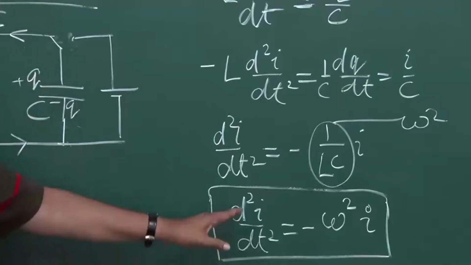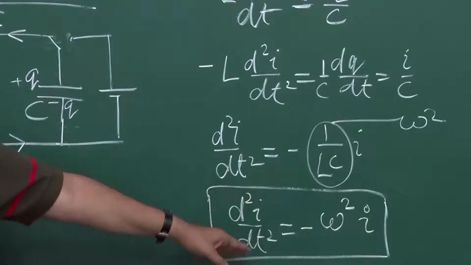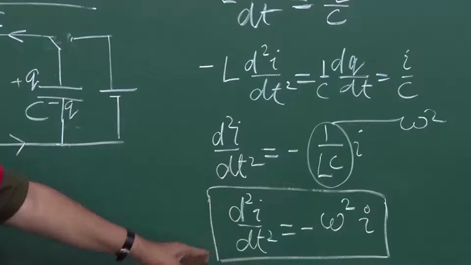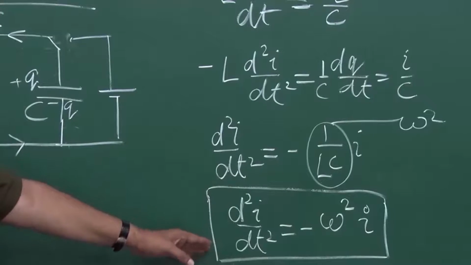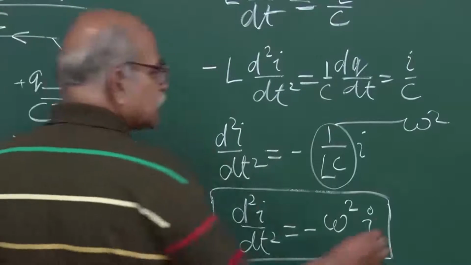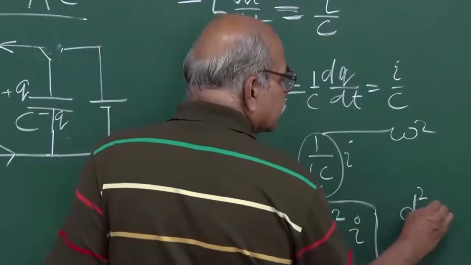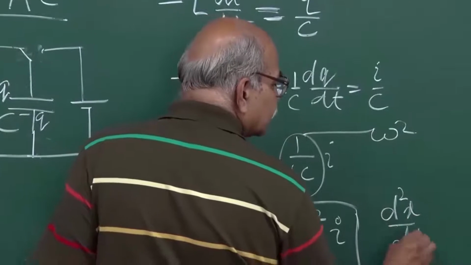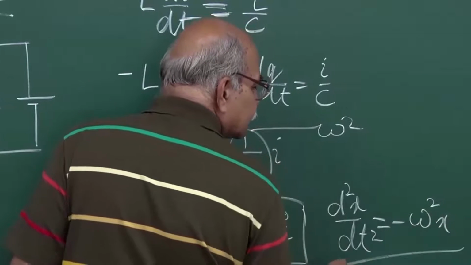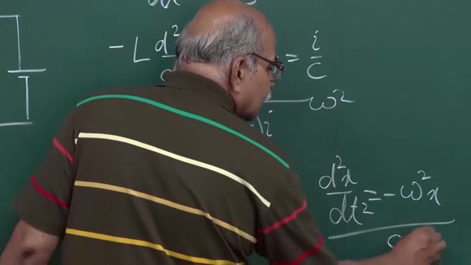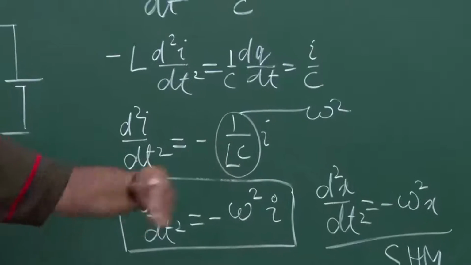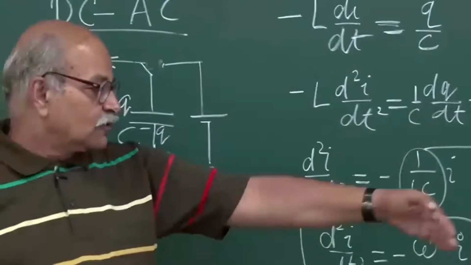So this is how the current will change in time, and this equation is familiar to you. This is a simple harmonic motion equation for a particle which goes in SHM. For that, the equation is d²x/dt² = -ω²x. So that is for SHM, and you know the solutions: a particle going in SHM just goes from -A